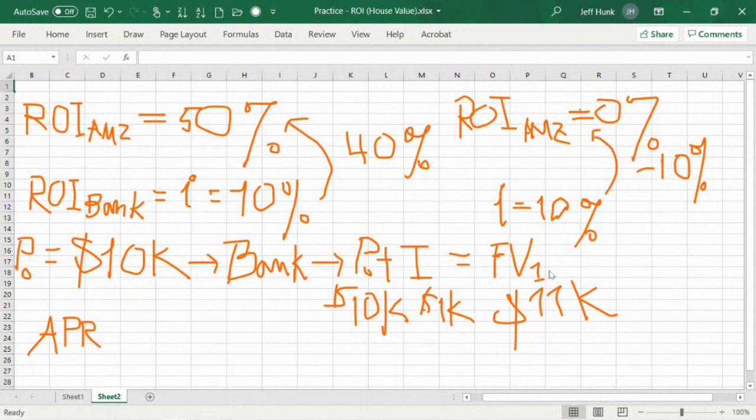But look, our timeline doesn't have to necessarily end at the end of this year. Think about it. If you're not going to withdraw your money at the end of this year, you're still going to keep it in the bank. You could keep it for 2 years or 3 years or 4 years or 5 years. If our entire timeline is 5 years, there will be time one, time two.